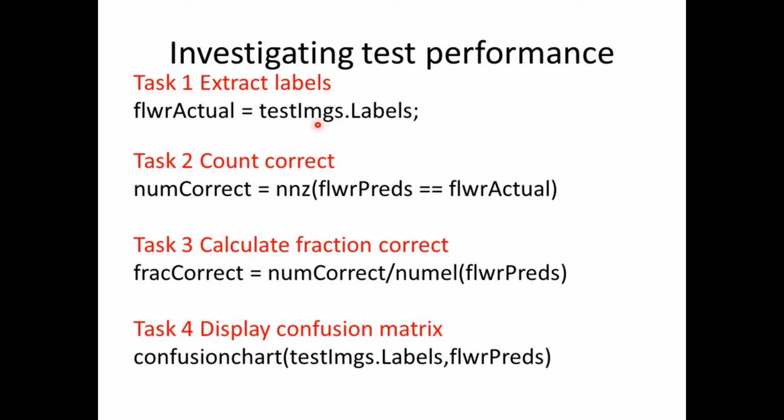After the predictions are done, we investigate the performance. We identify whether the predicted labels match the actual labels. For that we assign a comparison to check whether they are equal or not. How many are exactly equal is identified in the next step, with the test images labels. These labels are compared with the actual labels. Once we have compared, we use nnz, the counting concept, for how many are equal, predicted and actual. We count and identify how many are correct.